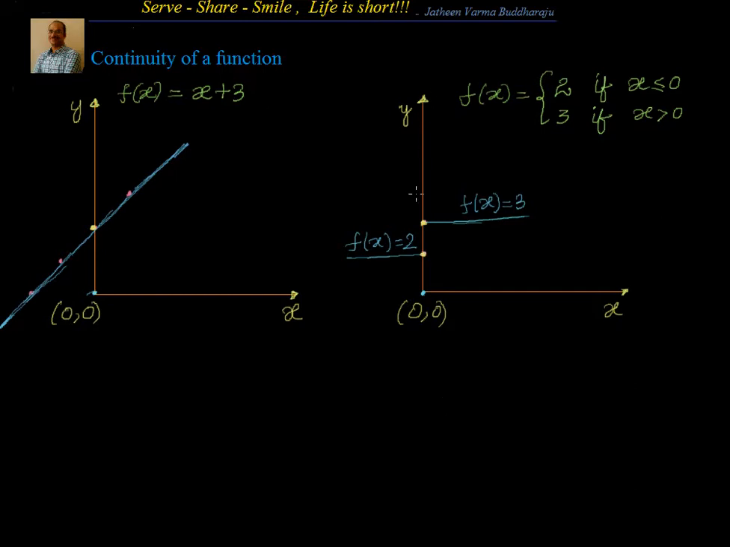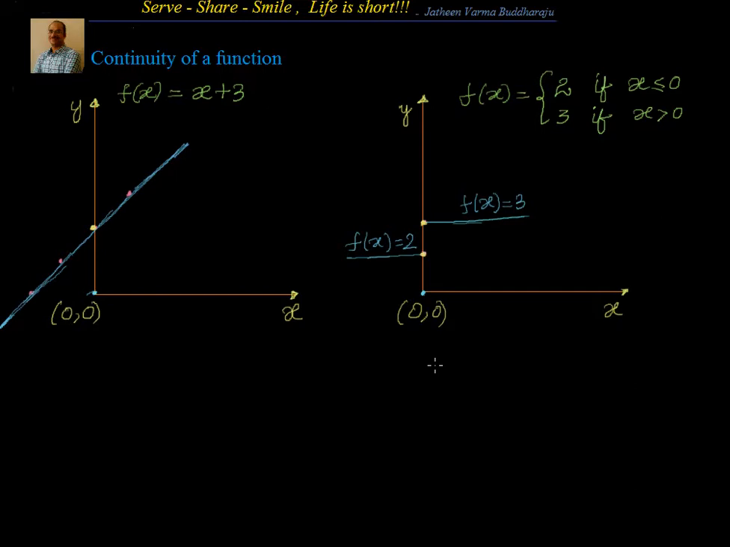Now let's look at the graph of the function which is on the right hand side. We have a function f of x defined as equal to 2 if x is less than or equal to 0 and its value is equal to 3 if x is greater than or equal to 0. Now if you look at this particular function graph and we want to find out how this function is behaving at x equal to 0,